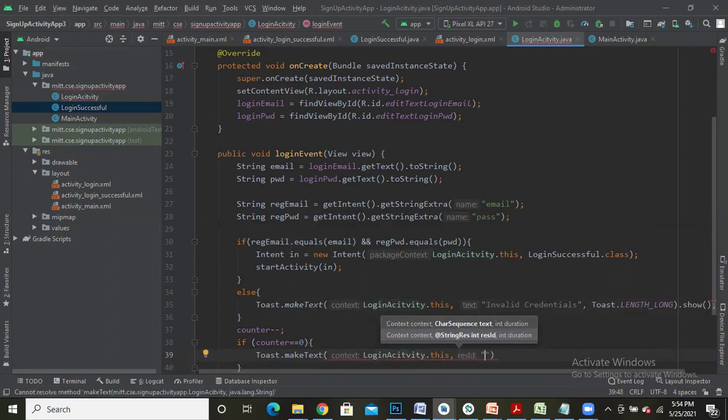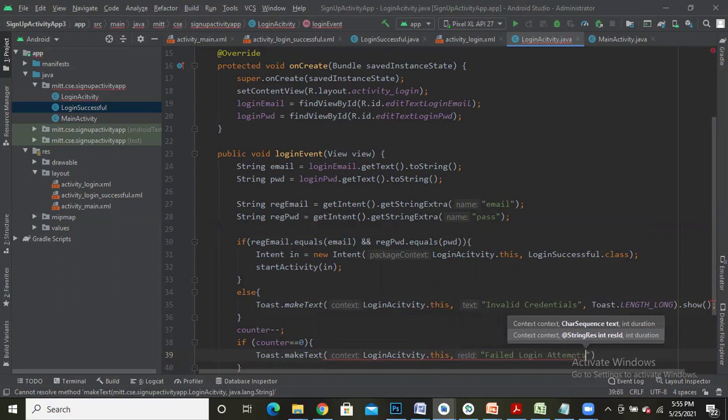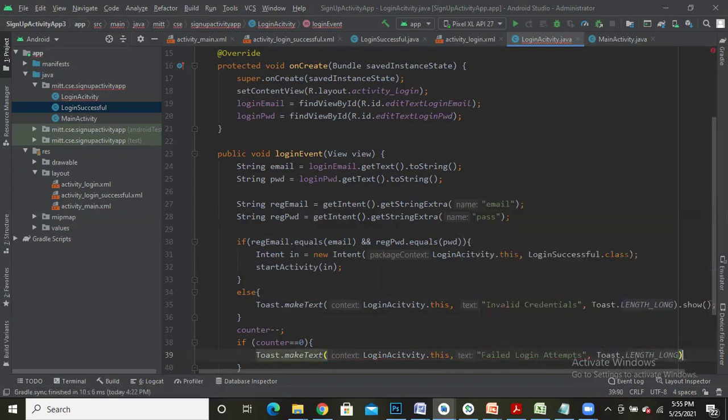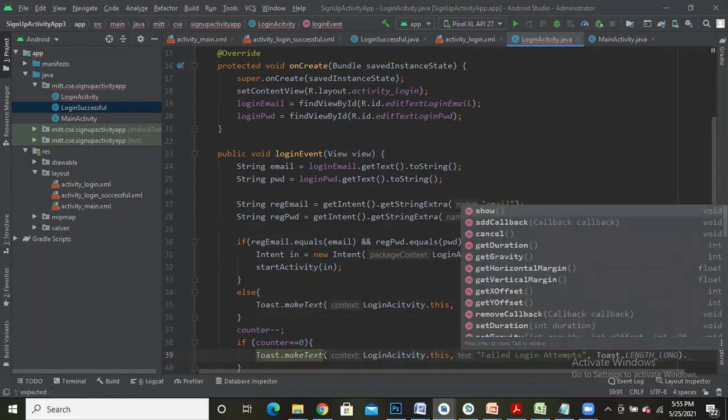I am going to write it as failed login attempts. Failed login attempts, and I'm going to display this for longer duration, and finally dot show.